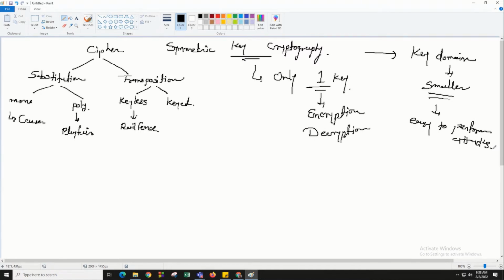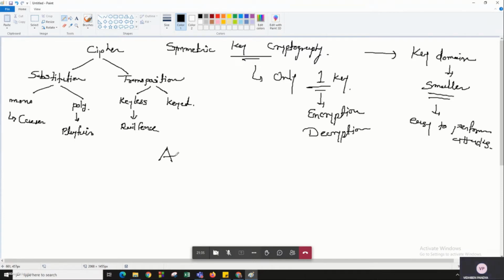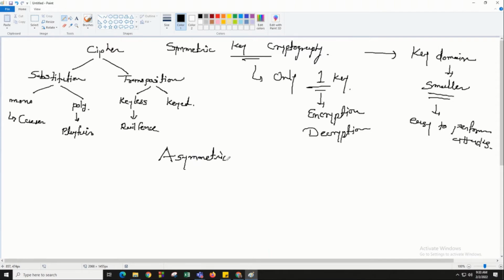So what is the solution for this? You have already learned. We have to increase the key domain. How can we increase the key domain? With the use of asymmetric.